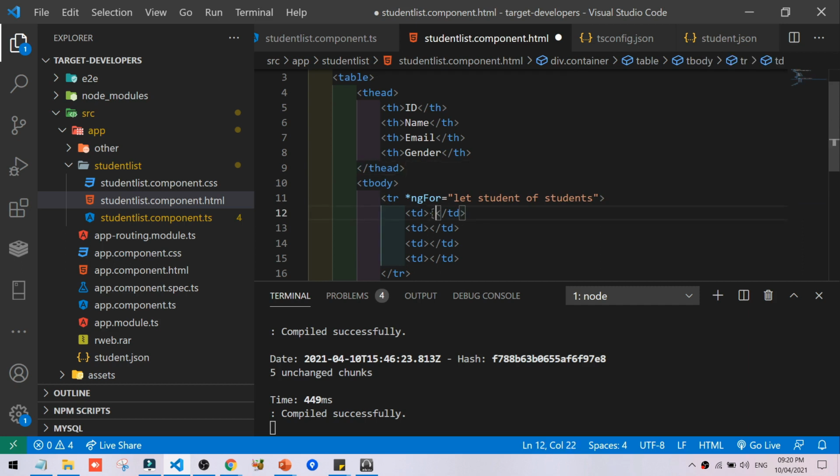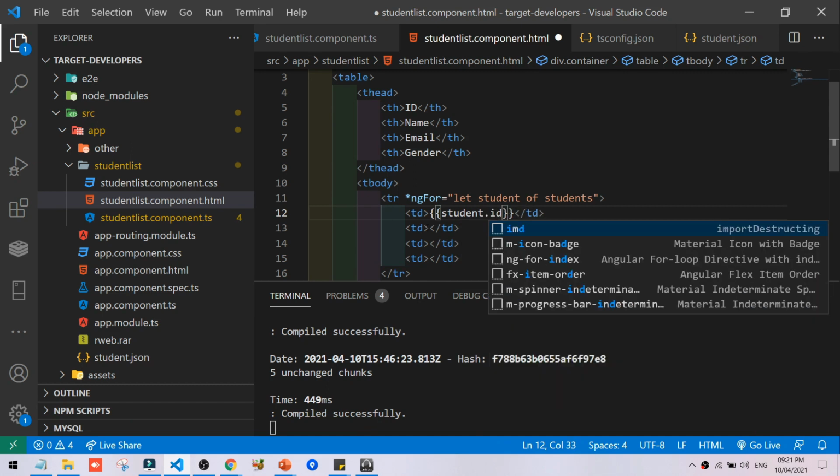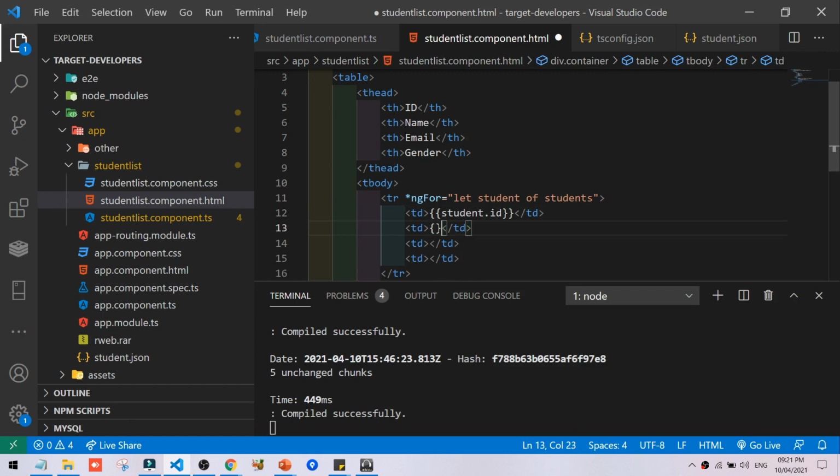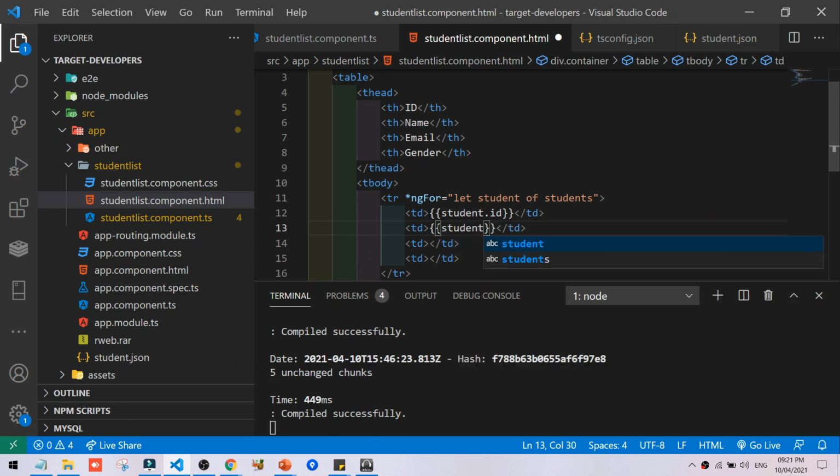Now we are giving interpolation here: student dot id. Again interpolation, student dot name.